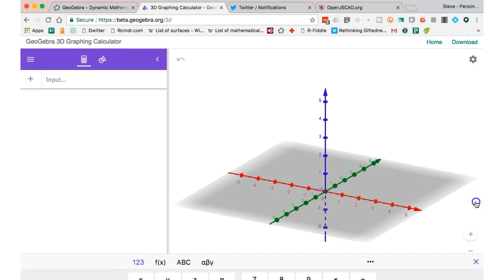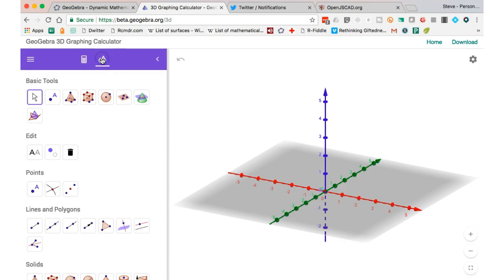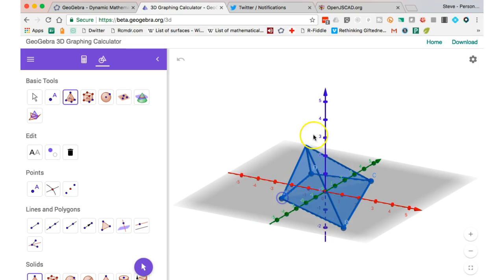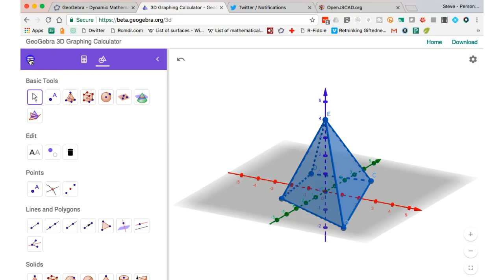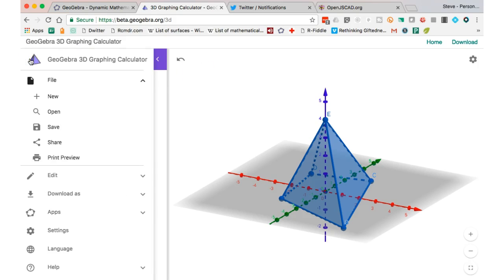And just for kicks, we'll go ahead and just make some sort of a pyramid. So I'll make the base some sort of a quadrilateral, and then I'll click up here on the z-axis to place my vertex. And then I'll go ahead and put that tool away. And so what I can do is, once I've got my shape,